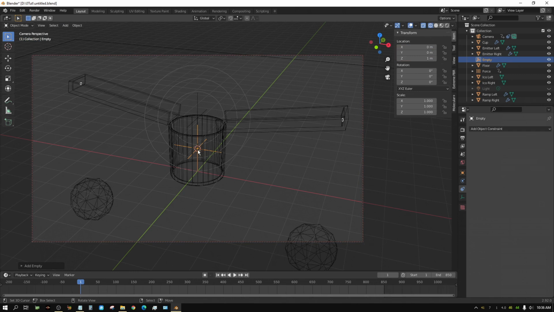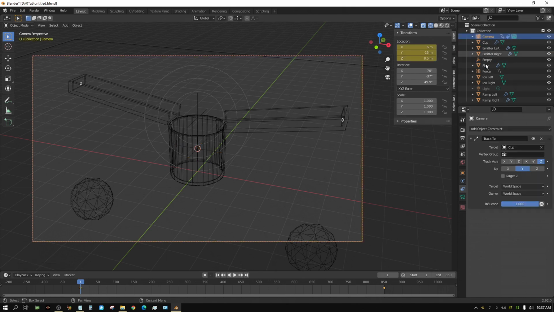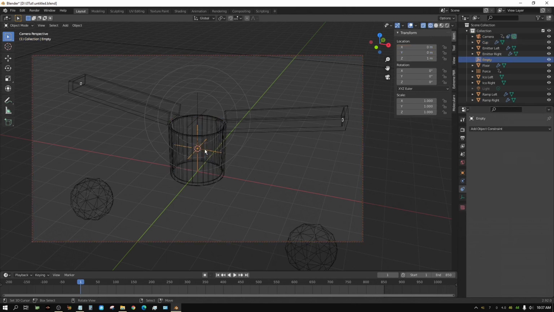Now this empty is in the origin of the cup, so it's actually located at the same exact point the camera is currently pointing at. But we're going to come over here to the camera, choose the camera, change it from cup to empty. Now we're going to go back to this empty, select the empty, and then we're going to play this